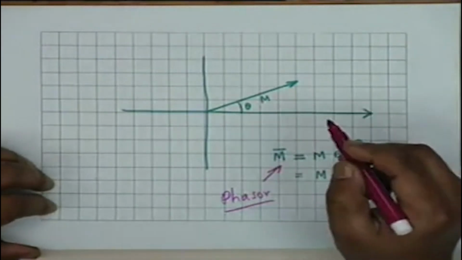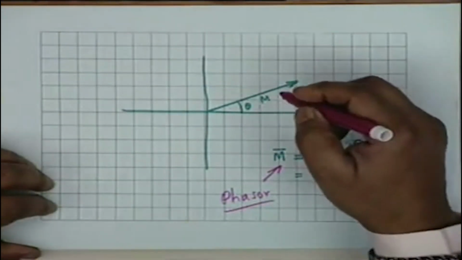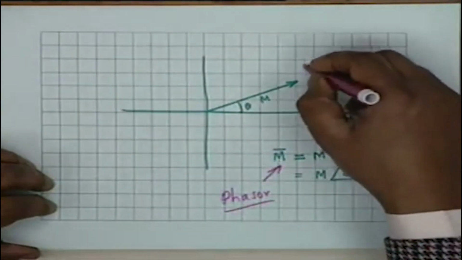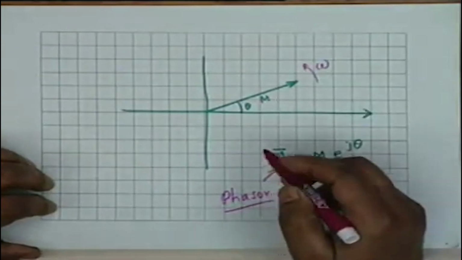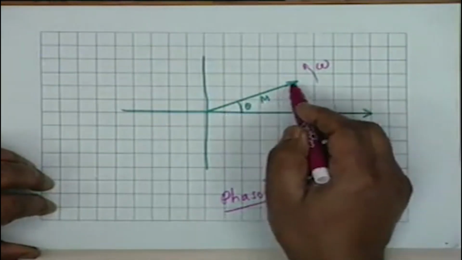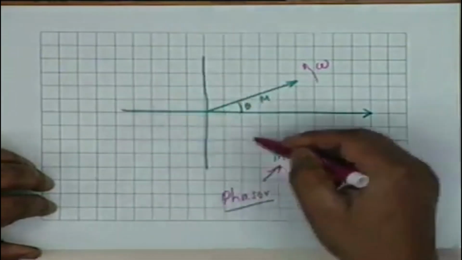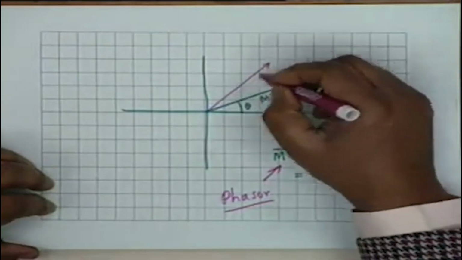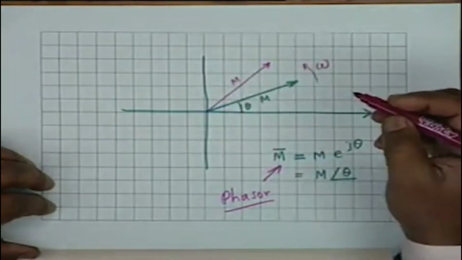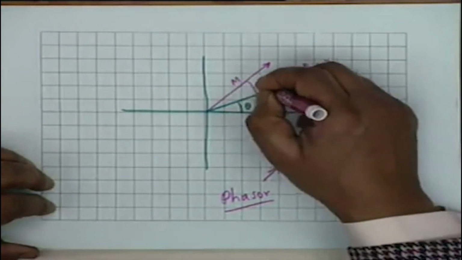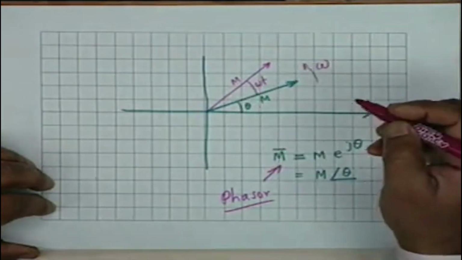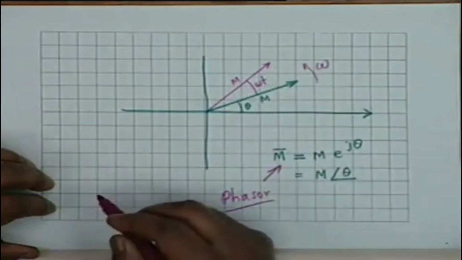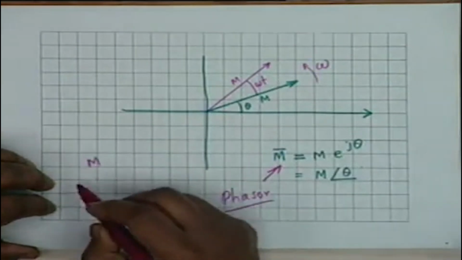But suppose this vector rotates anti-clockwise with an angular velocity omega. It started from here, then it starts rotating in the anti-clockwise direction with an angular velocity omega. So after time t has elapsed, the vector takes this position where the magnitude is still M, but the angle has increased by the amount omega t, and therefore this vector represents the complex quantity capital M